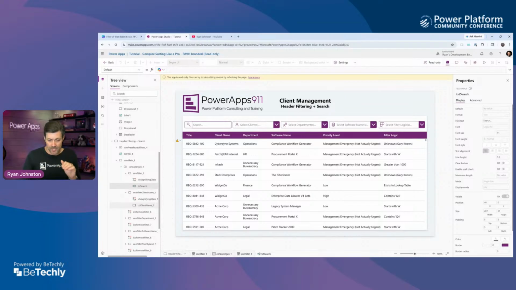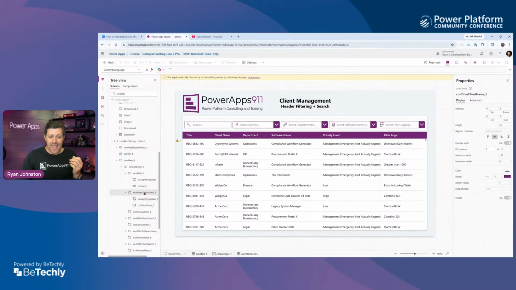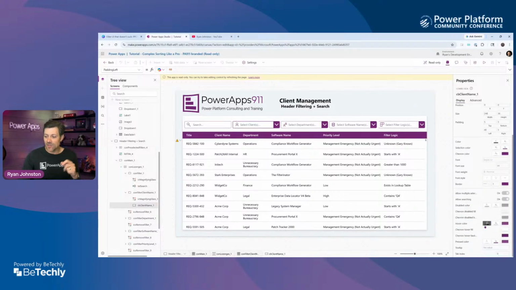And in just a moment, I'm going to explain to you why I'm not using a modern control. But if you are going to use a classic control, which is what we recommend and how we typically design at Power Apps 911, not universally, but it is something that needs to be seriously considered. What you do is you simply drop your combo box or drop down into a normal traditional container. Let the container have the border radius and the border itself, as you can see right here, and your drop shadow, and then have the combo box have none of those things, no